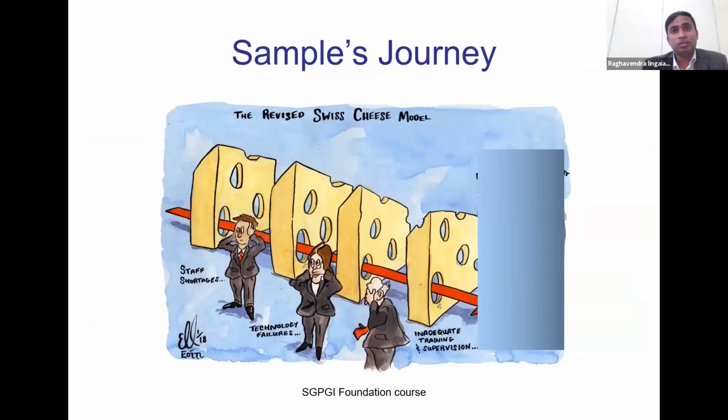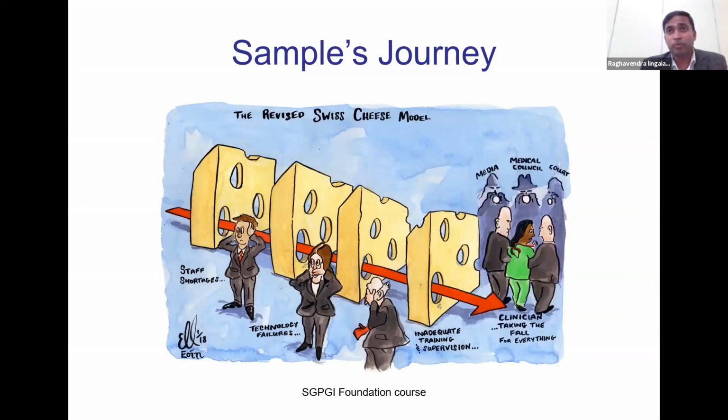In any sample, whether it is blood, urine, or a histopathology specimen, it goes through a lot of steps from the point of its origin before it is reported. It goes through many hands also. If any person ignores or makes an error, it will result in an erroneous report. So it is not just one person, it is a chain of people involved in the processing of the sample who are responsible for the end result.